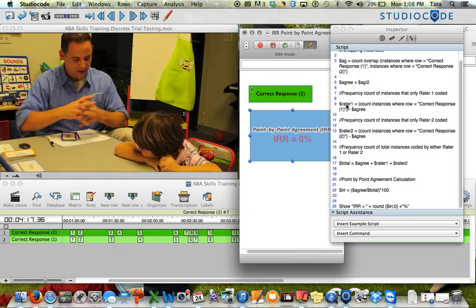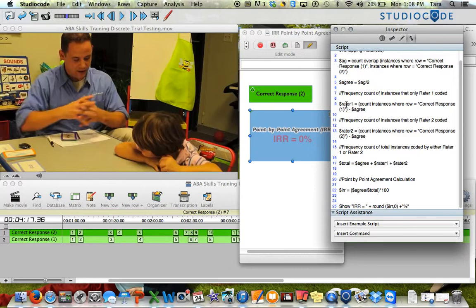Apparently when you're naming variables, don't start with a number, start with words. I could not figure out for the life of me why I couldn't get the same script that I've used before to work, and that's because I tried to name it with a number. So start with letters after that $, and you won't get error messages. So $Rater1, I'm asking to count all instances that Rater 1 coded, and then I'm subtracting all the ones that they agreed on. That's going to give me the leftovers, just the ones